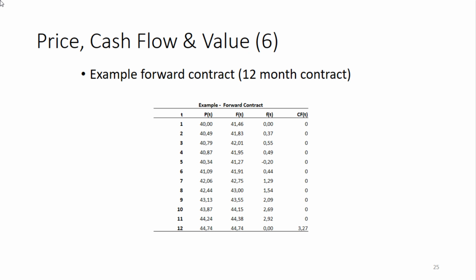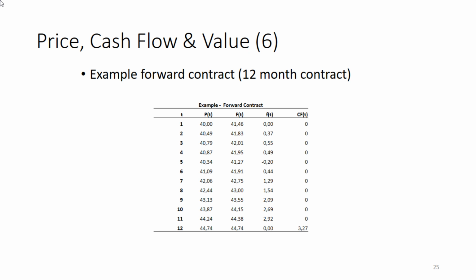And actually what we say is, well, we are going to look at how much value our original contract has built up now, because the new forward contract would have a value of 0, but given that I have an old forward contract, it has a value, and the value actually is the difference between the forward price at time 2 minus the forward price at time 1, which is exactly 37 cents. So that's why in the fourth column with the small ft, you see that there is now a value in the contract. So your original forward contract has value.